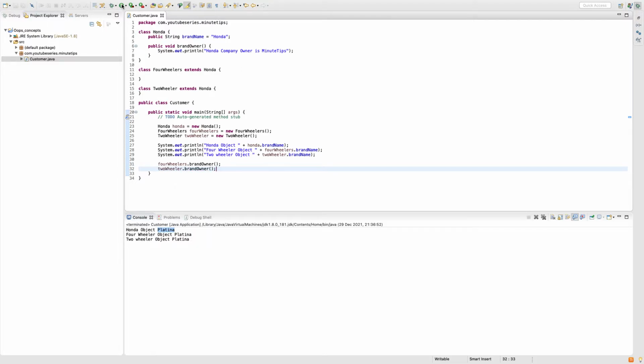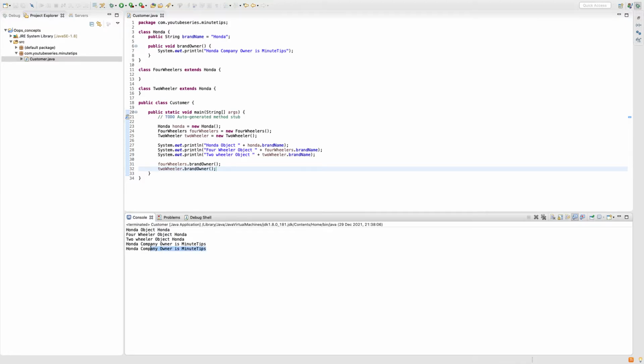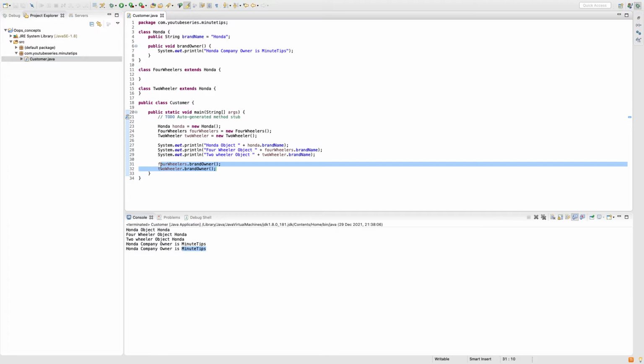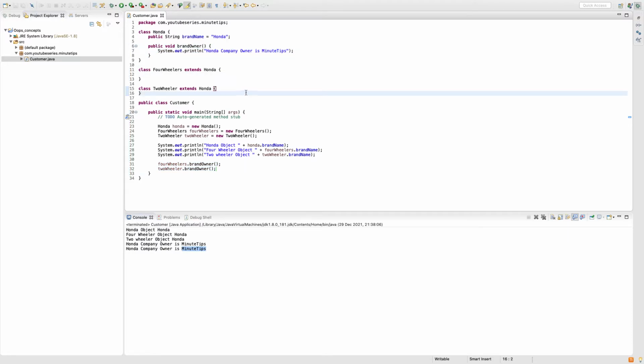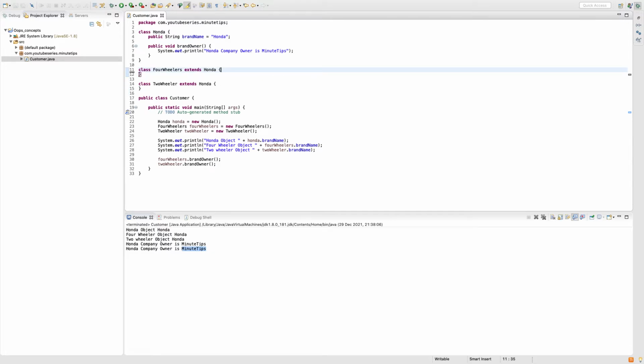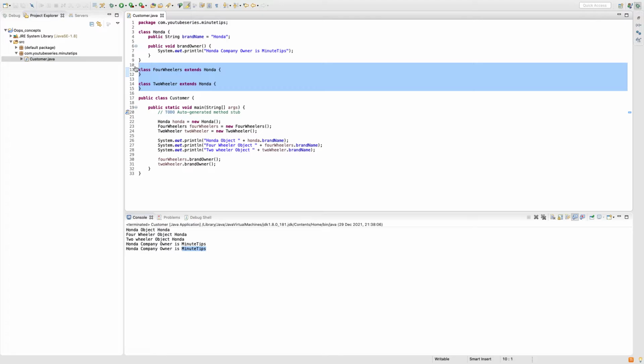When I run it, you will see that Honda company owner is Minute Tips. So we don't have to write the same code in my child classes. This way we have achieved writing less but effective code. We don't want duplication of our code.